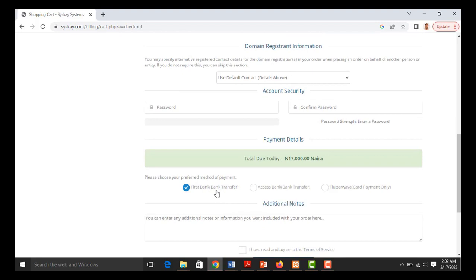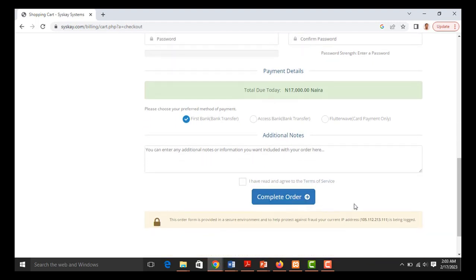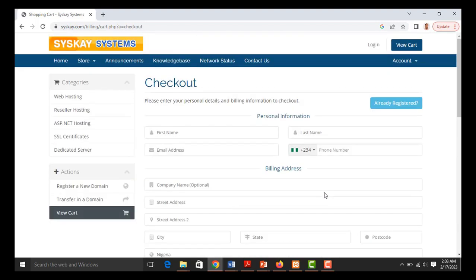Then you scroll down here and then you select the different payment gateway that you want to use. Okay, I usually go with Paystack. When I select that, then you select that you have read their terms and conditions, accept the terms and conditions, and click on next. But for me, I already have an account, so I'm just going to come up here